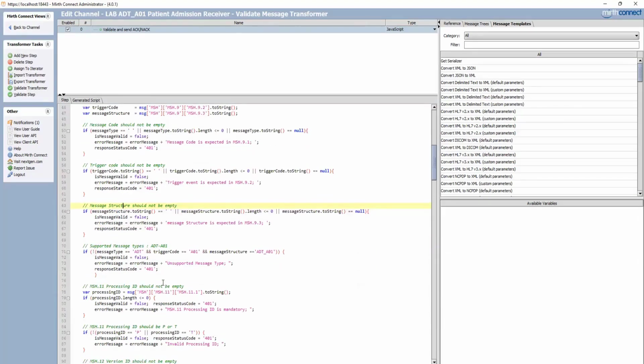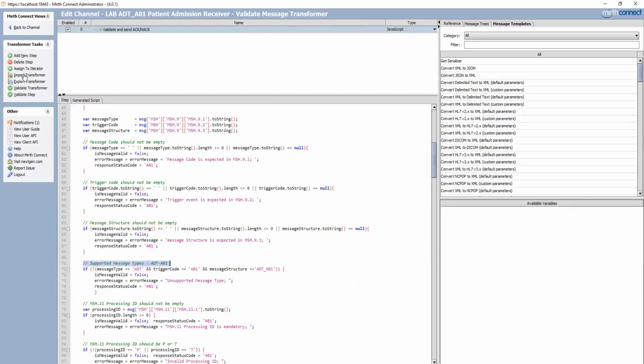Next, let us look at supported message types. So here what we are seeing is that where message is equals to get me the 9.1 component into this message type variable, into trigger code variable get me 9.2, into message structure get 9.3. Now what I am doing? I am doing an if statement.